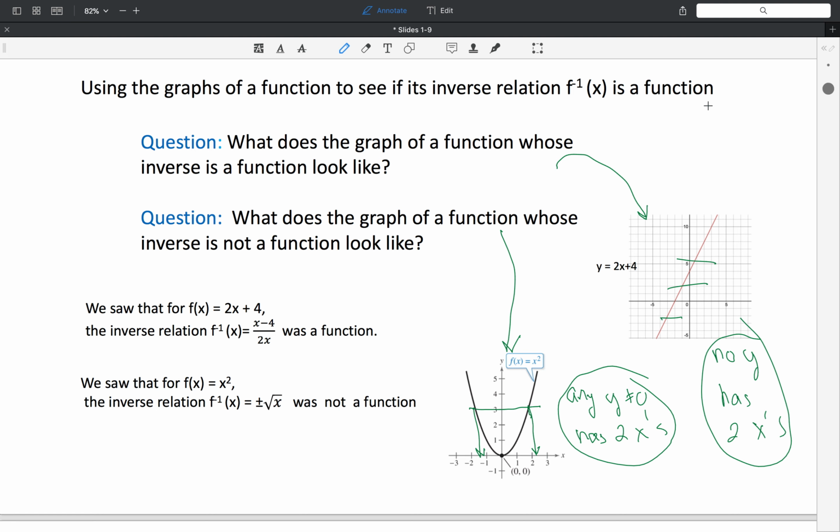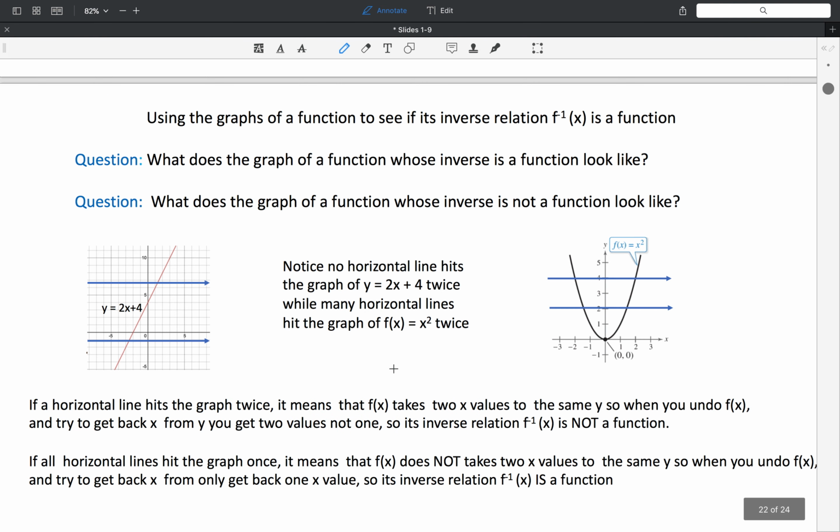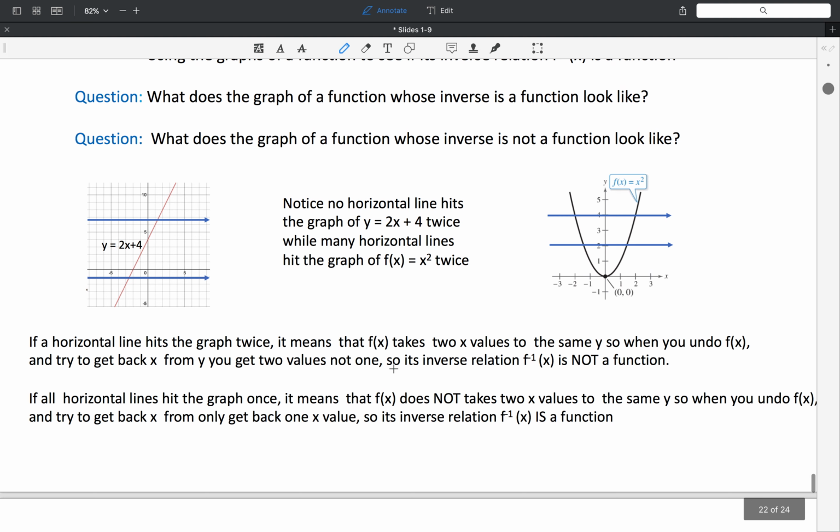So again, I'm hinting at something. Let's see if maybe you'll get it. So think about what I'm hinting at. Is there some kind of test we can do with the graph to see whether or not the function whose graph we're looking at has an inverse that is a function? Okay. Well, again, if you draw horizontal lines here, what you're going to see is that